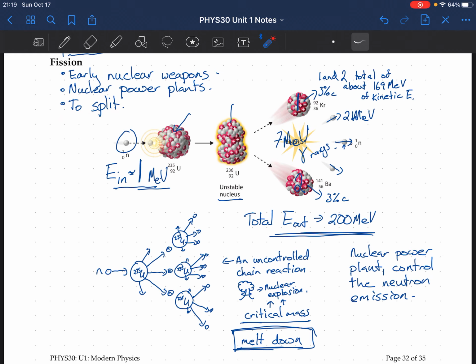So that's what nuclear fission is. Fission means splitting apart. And we start with a U-235, hit it with a neutron so it becomes unstable. It splits apart. We get all of these items coming off, krypton, barium. They're both traveling really fast. Gamma rays and neutrons. And you don't want those neutrons to get out of control. If you have a critical mass, you'll get a nuclear explosion. If you don't have a critical mass, it'll just melt everything down. It'll just go until it's hot and it melts. And you just have an uncontrolled